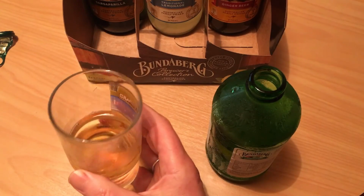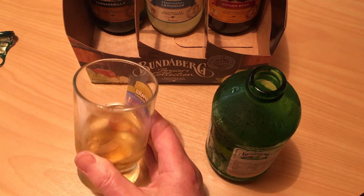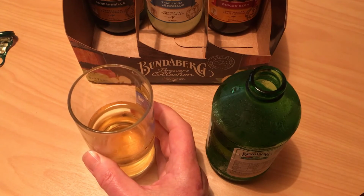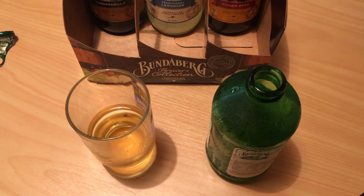I'm going to come down and give this a recommended. I probably wouldn't buy it again, but I'd be quite happy to buy it if there was a limited range of soft drinks at a shop and nothing else appealed. I'll give it a 14 out of 20. So yeah, not something I'd go out of my way to recommend that you try, but definitely